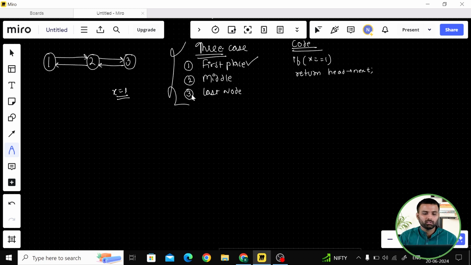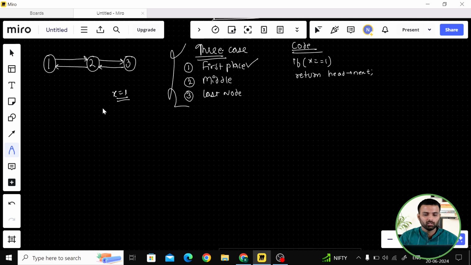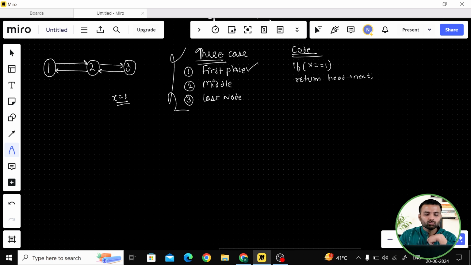Now if it's in the middle, let's check how we can solve this. Let's suppose x is 2. In this case, I make two variables. The first is current, which is pointing to the head, and previous, which is pointing to null. So my current is this and my previous is pointing to null. Now my x is 2, it means we have to delete this node.